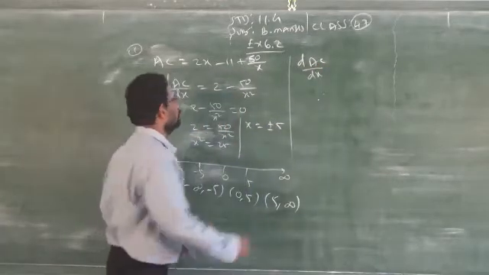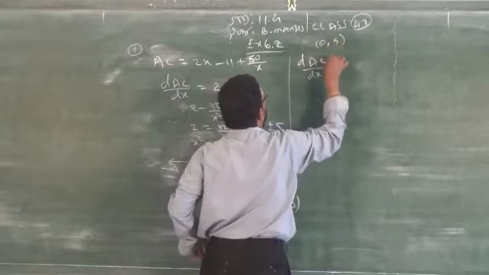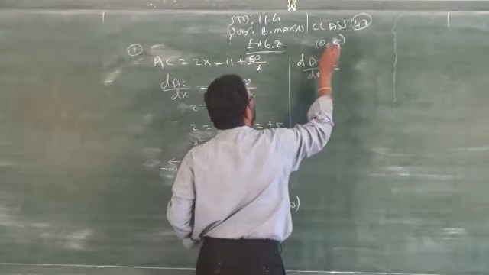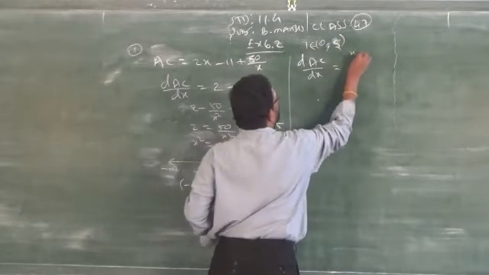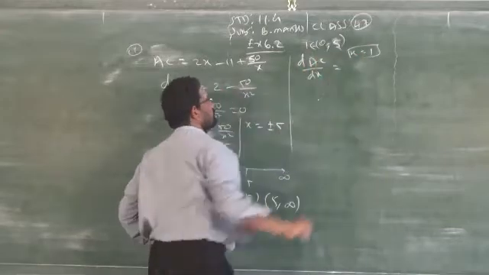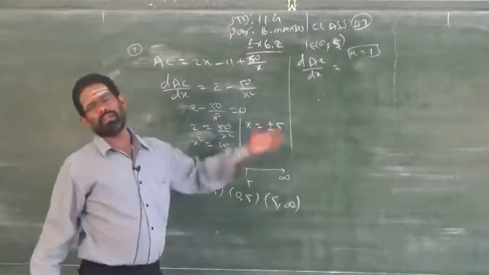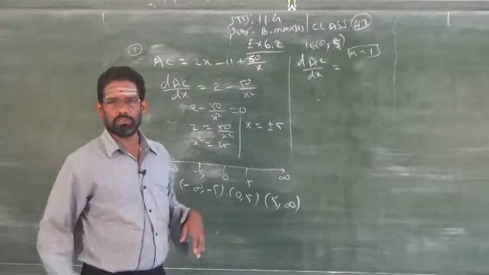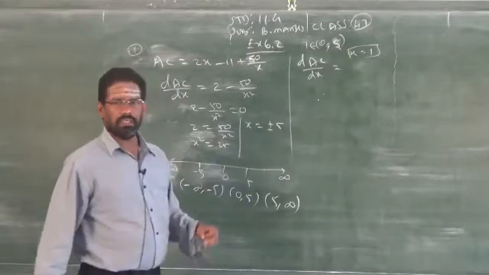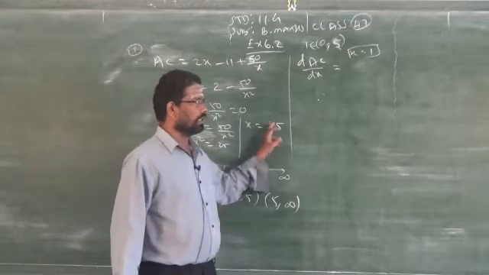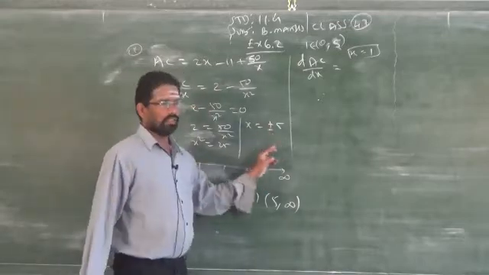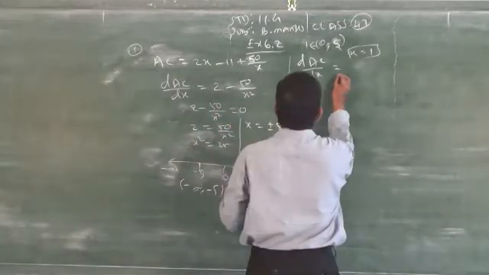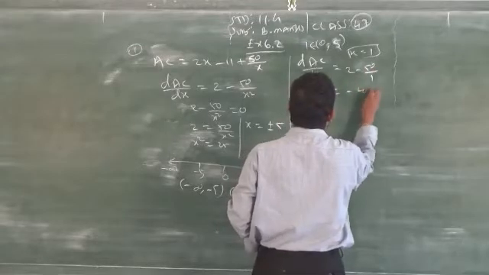I am taking the interval (0, 5). I am taking x = 1, because 1 is available in the interval 0 to 5. You can take any number you wish, but don't take 6, because it lies in the other interval. Don't take 5 either. Don't take x equal to the given factor, you will always get 0. So take values other than 5. Taking 1, substitute in place of x: 2 − 50/1. So I got −48.